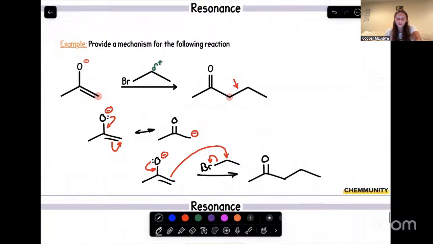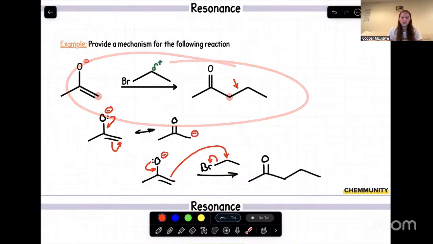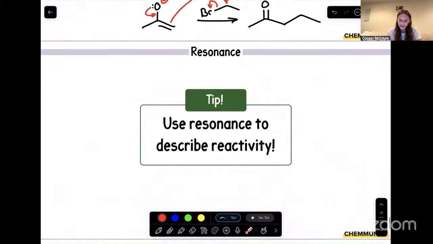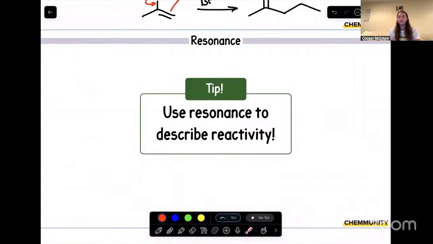So yet again, that's just a really good example of how we can use our knowledge on resonance now to showcase some of the more complex reactions we'll be learning a little later in OChem 2, only because the reaction we just covered, we can do that now, but that's not a reaction you'll learn until probably the last third of organic chemistry 2. And then one last thing I'll note in terms of resonance is that if you're ever stuck with a reaction, whether it's at the beginning of OChem 2 or even at the end of OChem 2, if there's pi bonds and negative charges, try to use resonance to help you describe the reactivity.